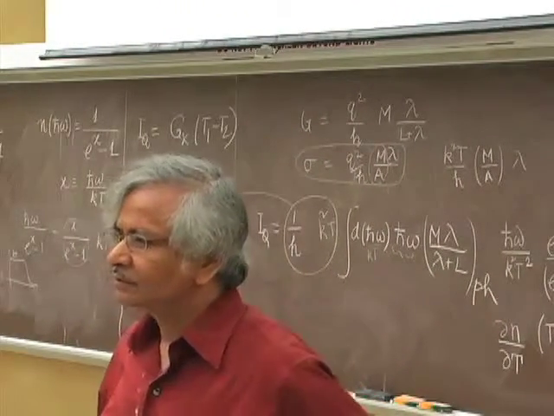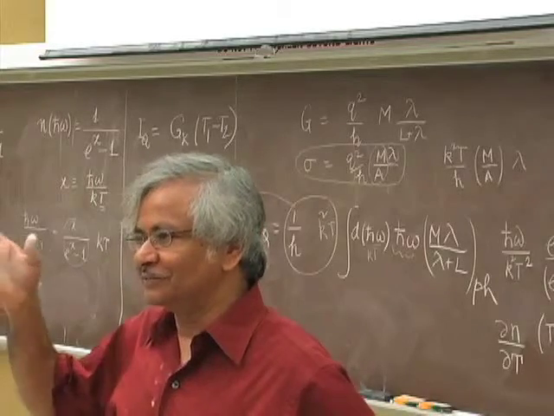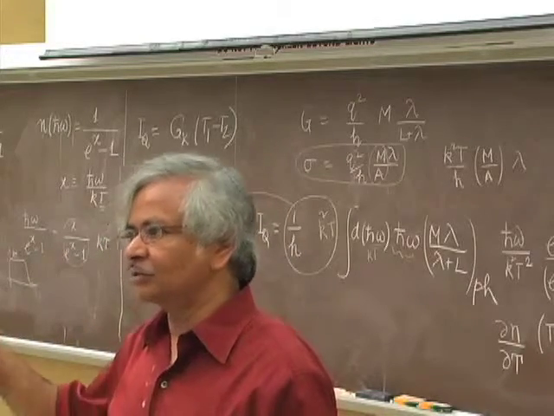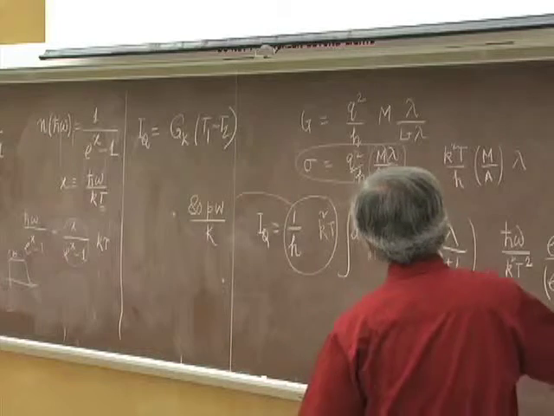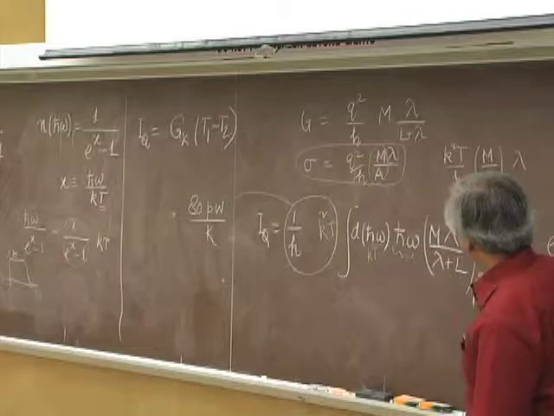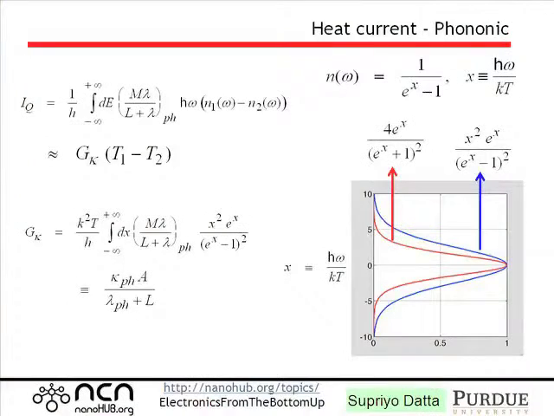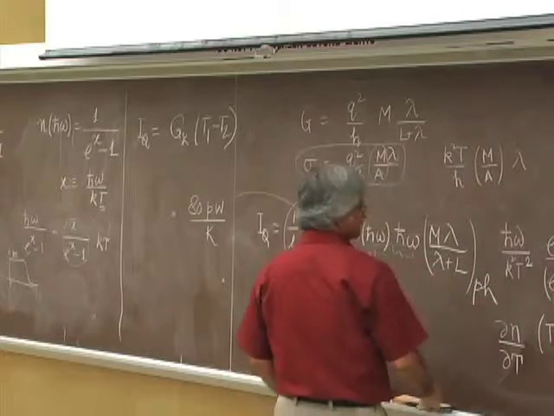Now with phonons, the number of modes is almost like electrons in metals. What matters, of course, is that the wavelength of a phonon changes with energy. And what matters most is again the average energy, which is of the order of kT, because the peak of that curve, if you look at how far it spreads out, is a few kT. And so if you look at the corresponding wavelengths of phonons, it's again atomic distances. So the point is, when you look at the number of modes involved in thermal conductivity, usually it would come to about this number of atoms. So what I mean by that is, this number here,